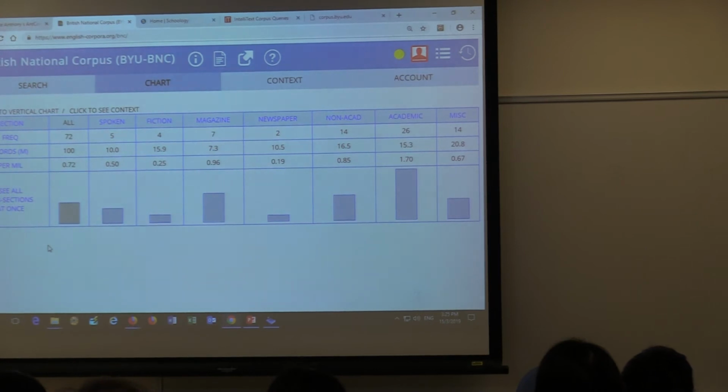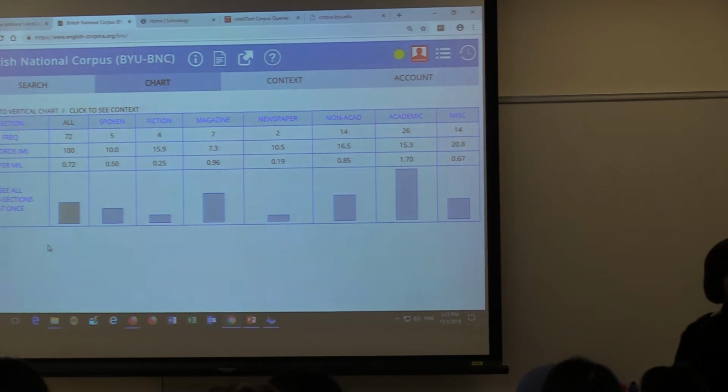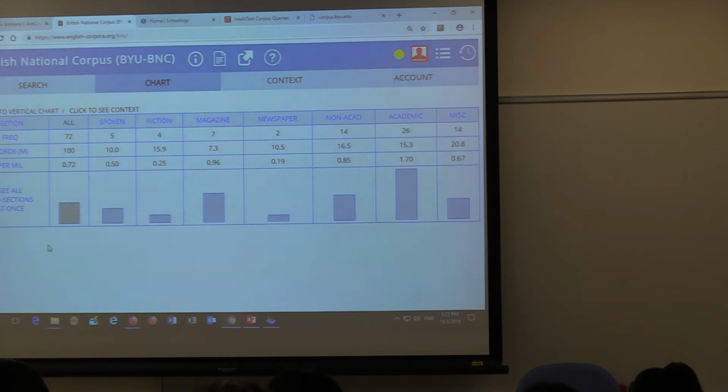What's that? Tolerate, for this chart, it's commonly used in formal context, in academic English. So by using these kinds of charts, I think you can help your students to write better, to be a better writer. For the more advanced students, what they are expected to do is not just to write grammatical